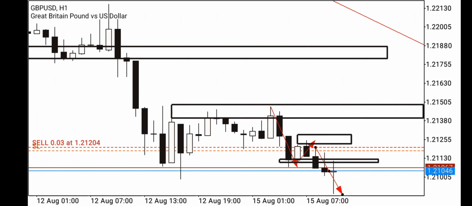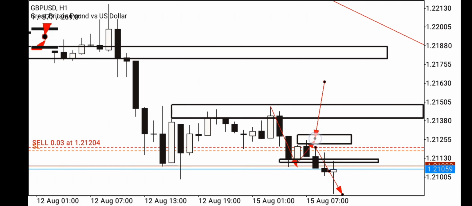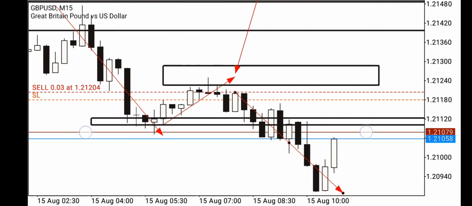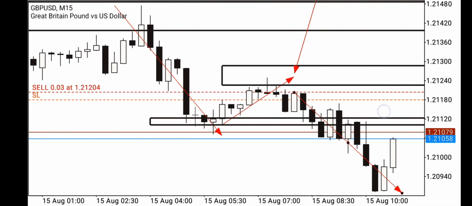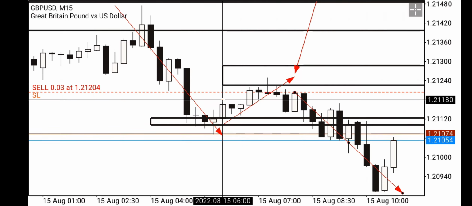I expected the market to come back here, and when it did that, I moved down to my, you guessed it, 15 minutes to look for my patterns. Now on 15 minutes, I'm looking for the market to push, come back, give me a weak rejection or bullish momentum. Now in this case here, because I